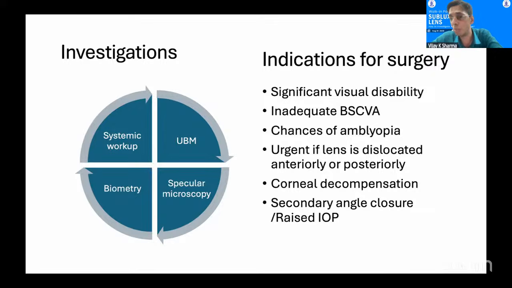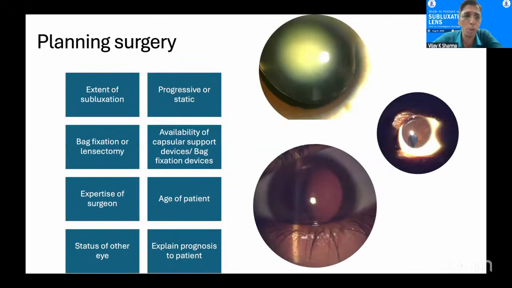If there are chances of amblyopia in pediatric patients, urgent surgery may be required if the lens is dislocated anteriorly or posteriorly, if it is associated with corneal decompensation or causing a secondary pupillary block or an angle closure glaucoma with raised IOP. So these patients should be planned for surgery. Now, while planning the surgery, what are the various factors again that you should consider in your operation theater? So extent of subluxation is that I have discussed clinically, progressive or static status of the zonular dehiscence progression,